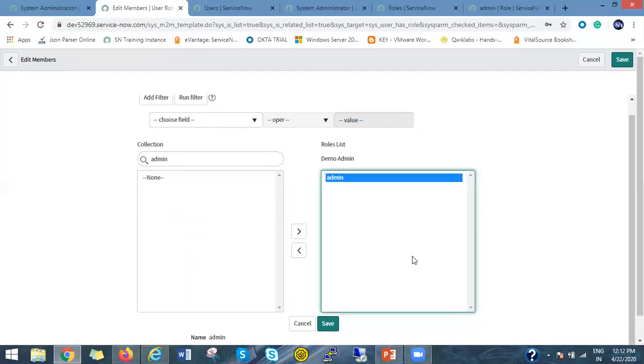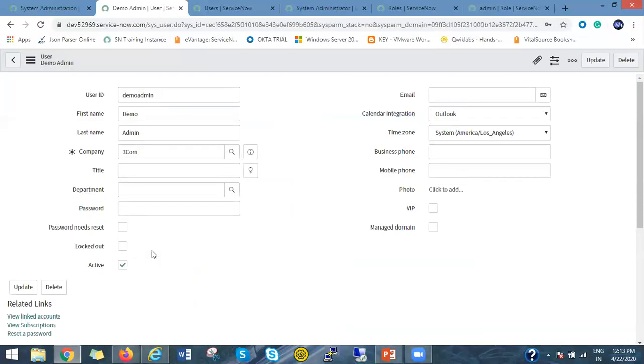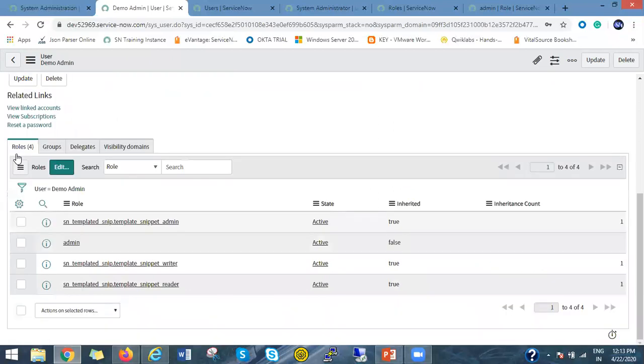So now you can see this demo admin user is now a system administrator, because this user has the admin role. You can see a couple of other roles associated with this user, and if you see the third column, the inherited column, for the other roles inherited is true, true, true.